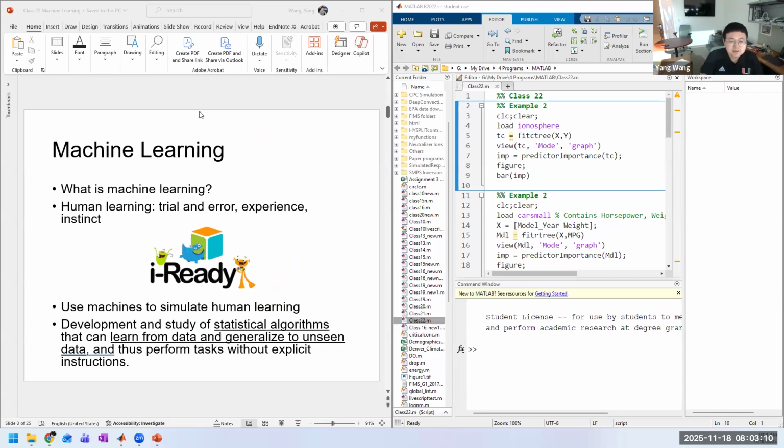Okay, so this class we're going to briefly talk about machine learning. And of course, machine learning is a very broad topic. Normally in other engineering fields, for example, computer science or computer engineering, machine learning could be several classes, right? It involves basic machine learning, regression, and then, for example, deep learning. Especially now, there are large language models, which are very popular, and people think that this is going to be the technology that